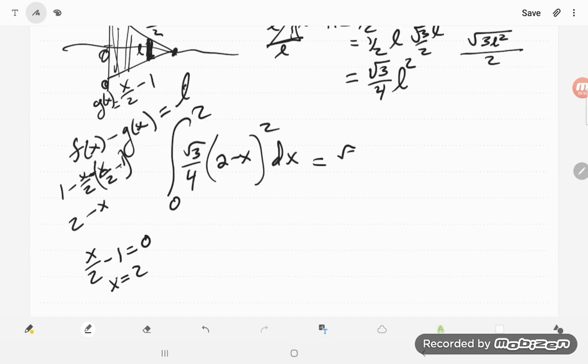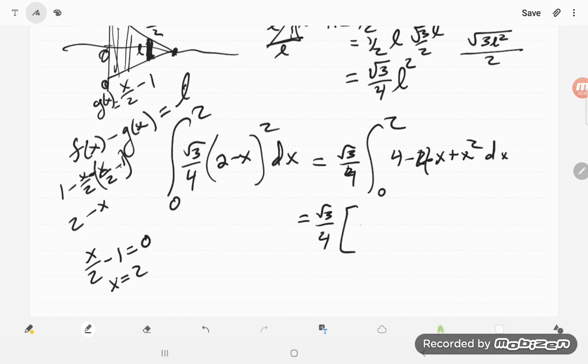So I get the square root of 3 over 4, the integral from 0 to 2 of 4 minus 4x plus x squared dx. So this is the square root of 3 over 4, and we have 4x minus 2x squared plus x cubed over 3